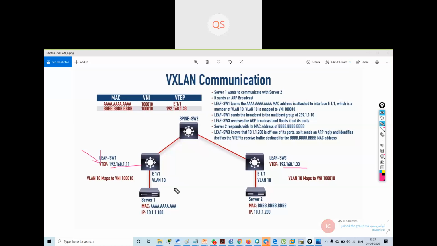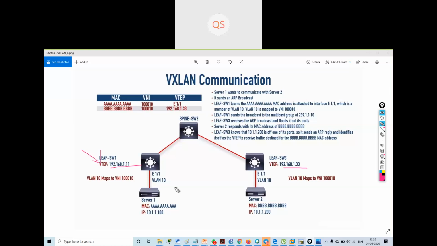Is it only one VEM for a leaf switch, or can there be multiple VEMs? Is it just one VEM per switch? Yes, it will be one VEM per switch.